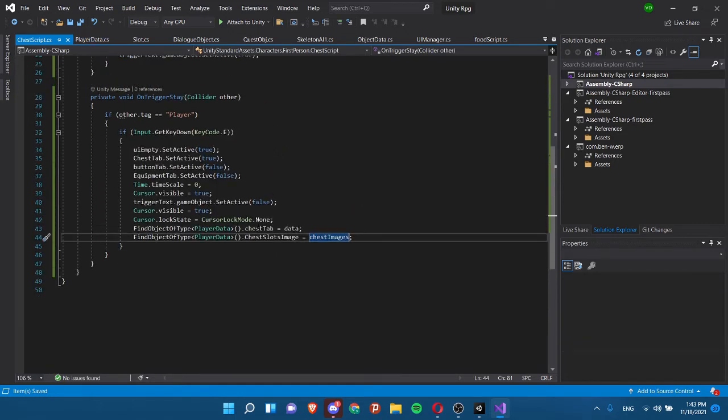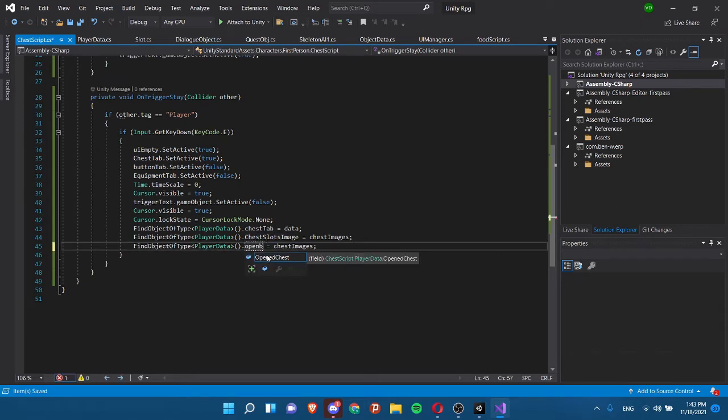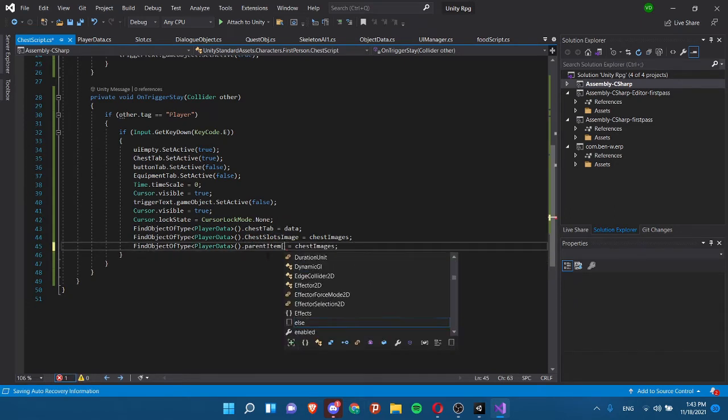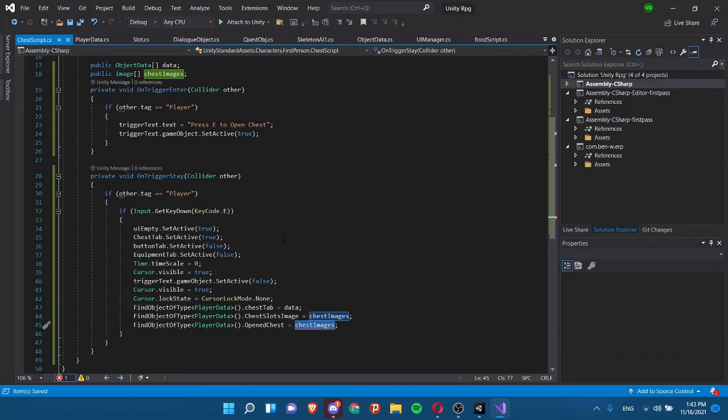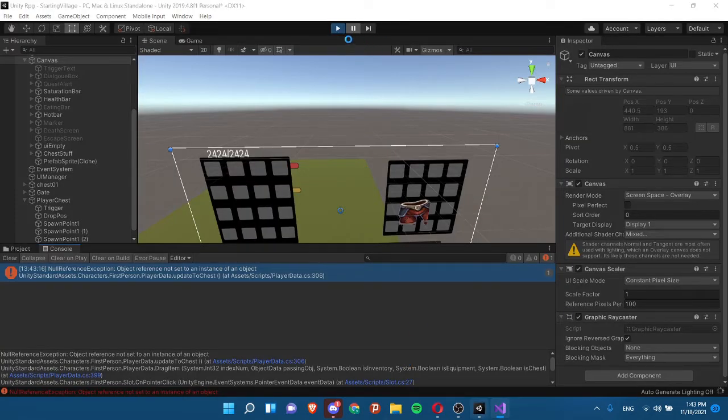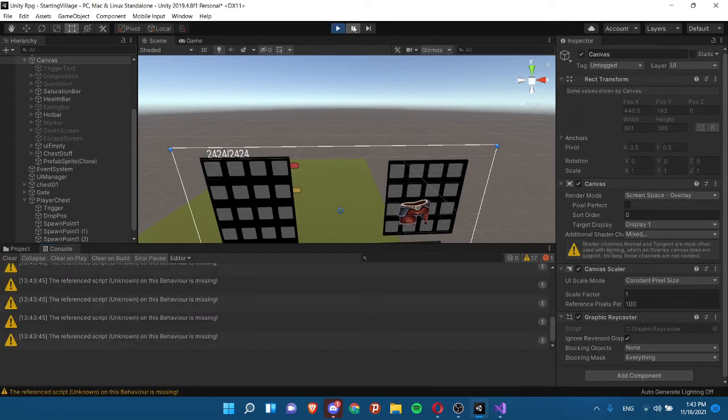My bad. We're going to copy this, and we're just going to set the open chest to be equal to opened. Basically what this will do is that it sets our script as the chest we're opening. And we can just go into Unity, and now the problem will fix itself. So if we go back in,